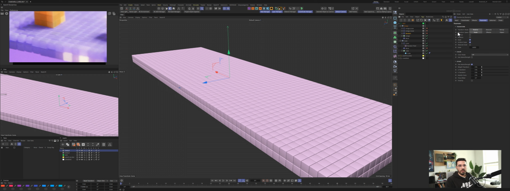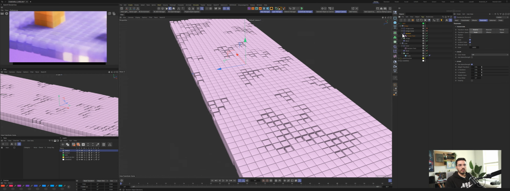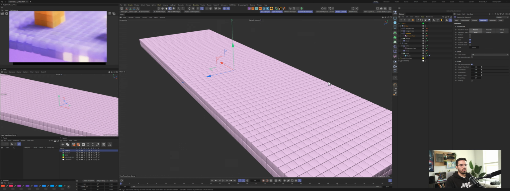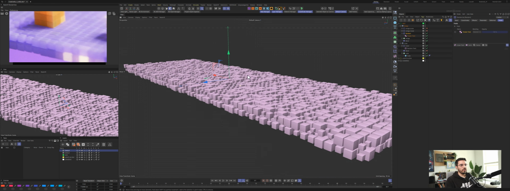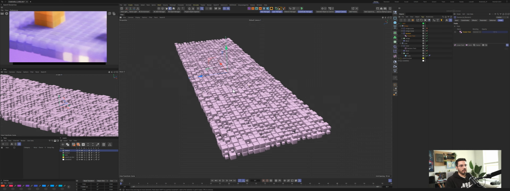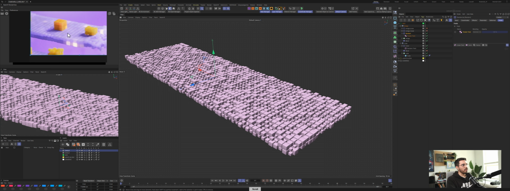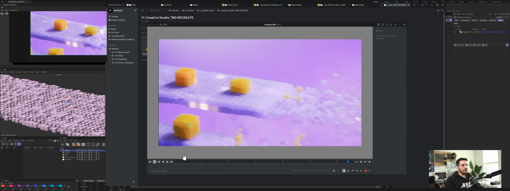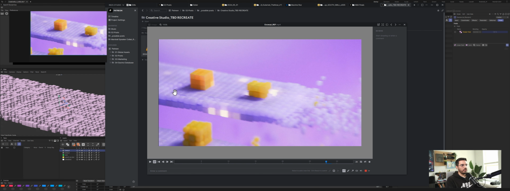So the random effector is set to scale and uniform scale. That is simply doing that. And I am using a shader field. You could see there, if I go into the fields and disable that, you can see how this would affect the whole thing without any masking. So I need to do some masking, as you can see here, or actually let me play it back here. As you can see here, there's a little bit of different